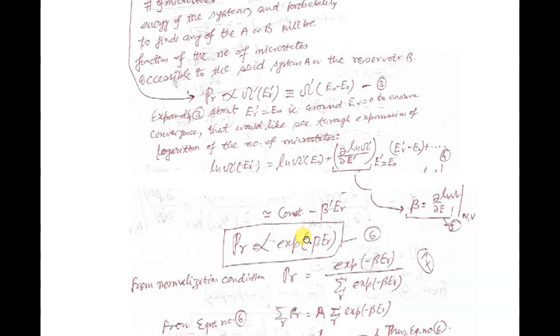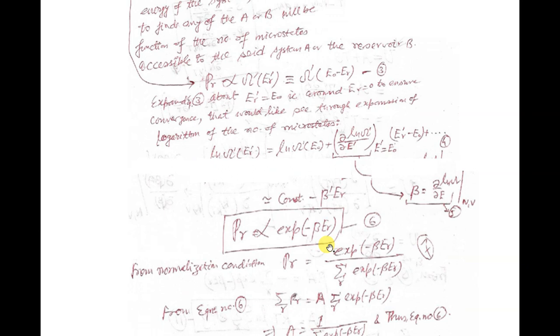So we have P_R, and this is log of omega dash, so you can write omega dash as proportional to the probability of finding the system with energy E_R dash. So from there you have the probability P_R, which is nothing but exponential of minus beta E_R. Since you are putting this log to that side, it turns out to be an exponential. So omega dash of E_R dash you are writing according to equation number 3. So you are getting P_R proportional to exponential of minus beta E_R dash, that is equation number 6. This probability is proportional to this number.